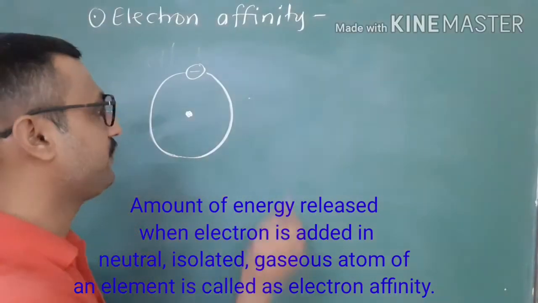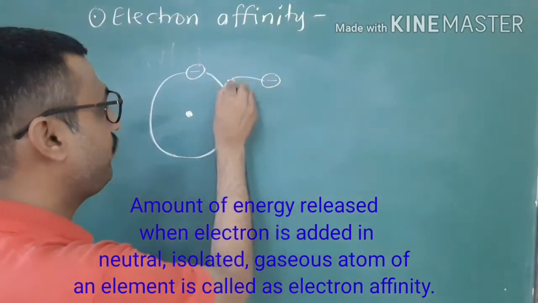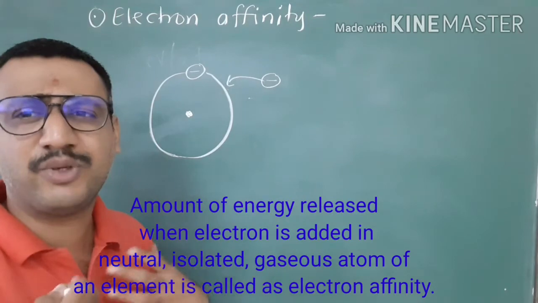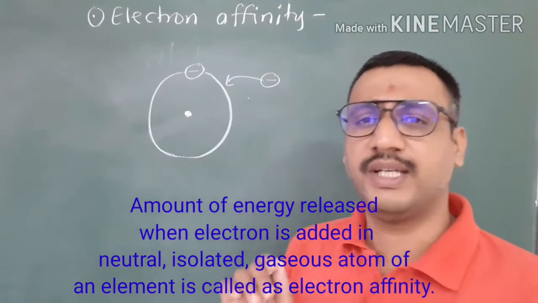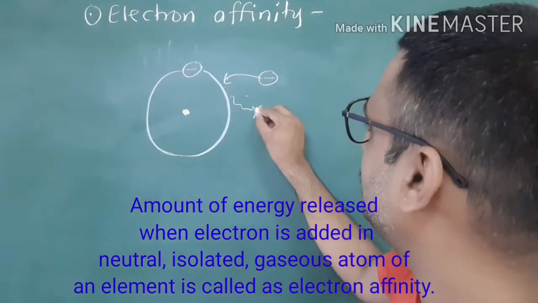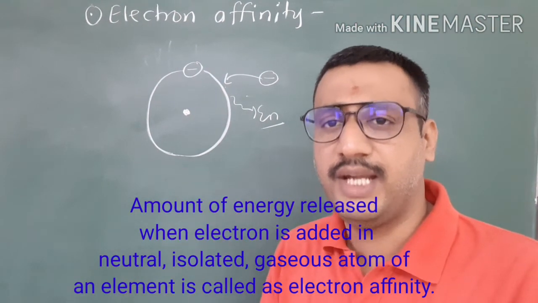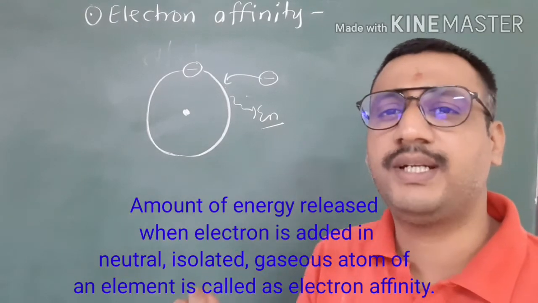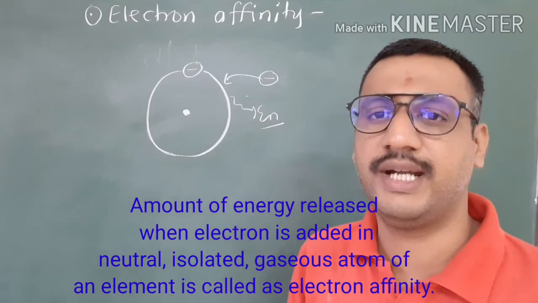that is the electron affinity. Here, for example, a general atom, with an outer electron. Suppose we add an extra electron in the outer shell of that atom. It depends upon the tendency of an atom either to accept or not to accept, but in general, when we add an electron, energy is released. Whatever the energy released, we call it the electron affinity. Sometimes it may be 80 kilojoule per mole, 90 kilojoule per mole; that much energy is released. So let me repeat: the amount of energy released when an electron is added to the neutral gaseous isolated atom of an element.